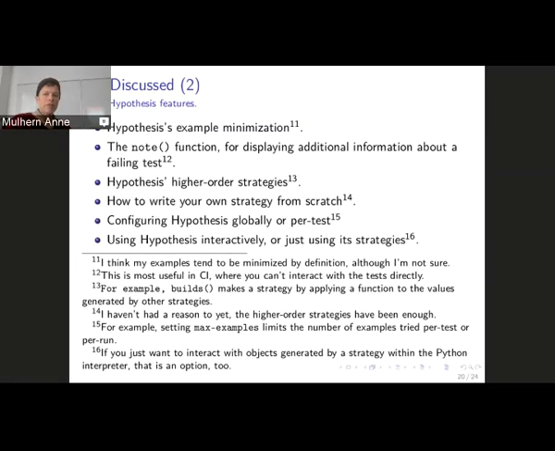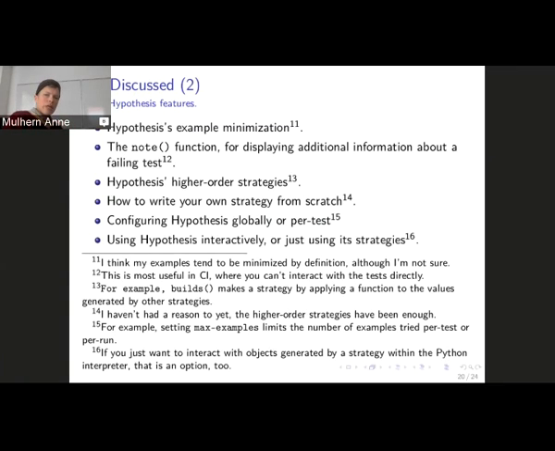Hypothesis has a bunch of higher order strategies from which you can build strategies, and I use them a lot to build, for example, devices, strategies, and so forth. They're very nice and very convenient if you're used to the notion of higher order functions and so on. I haven't discussed how to write your own strategy from scratch because I've never been put in the situation where that struck me as really necessary or useful. I'd like to do it sometime, but I would have to have some justification that it would actually gain me something, and Hypothesis' other facilities have made it unnecessary.